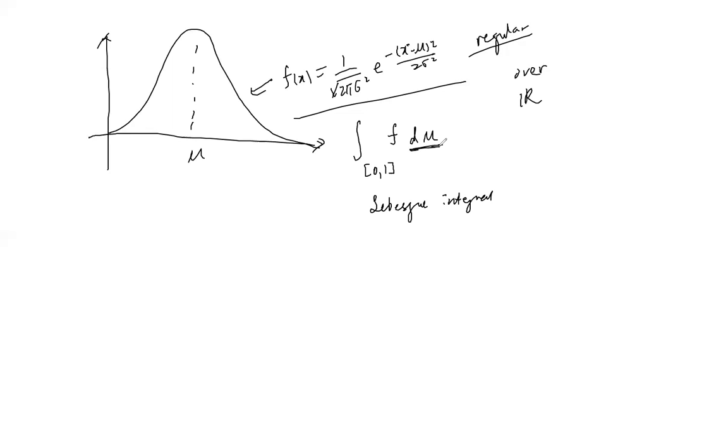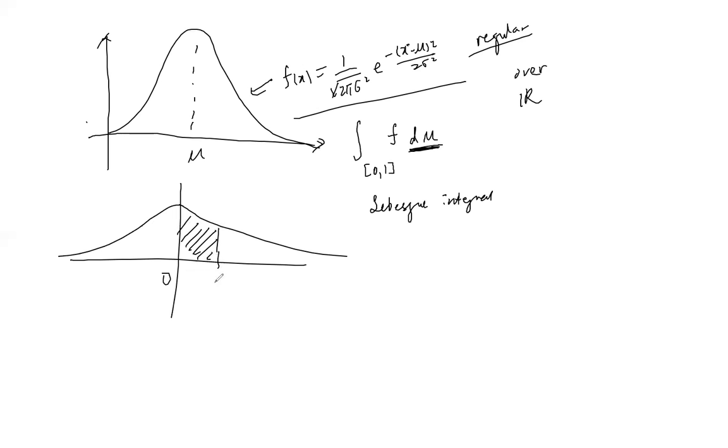Definitely, correct? Because here, this is the measure, right? So there will be, say, 0, 1, let's make it easy, so that it is the standard normal. I want 0, 1, and I want the area under the curve here. Now I can say I want the Lebesgue measure for this, which is basically taking the supremum, where you make partitions like this, right?